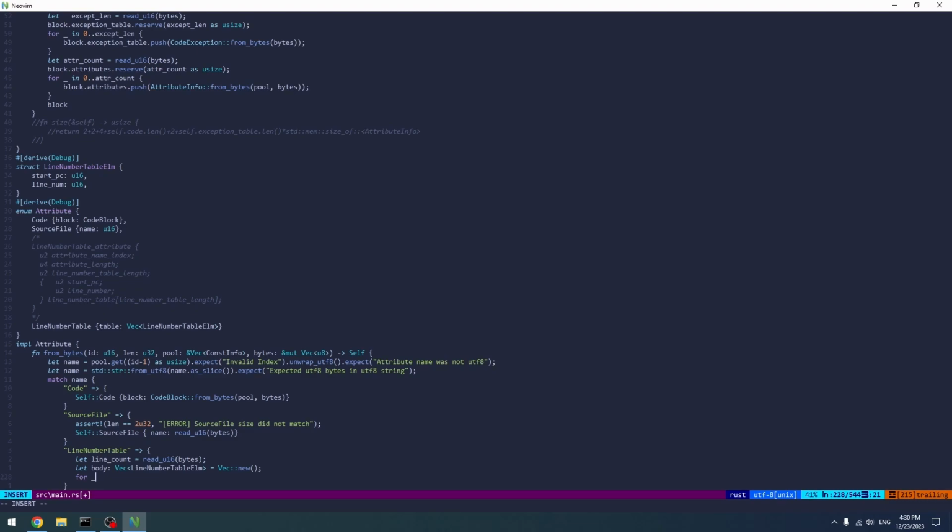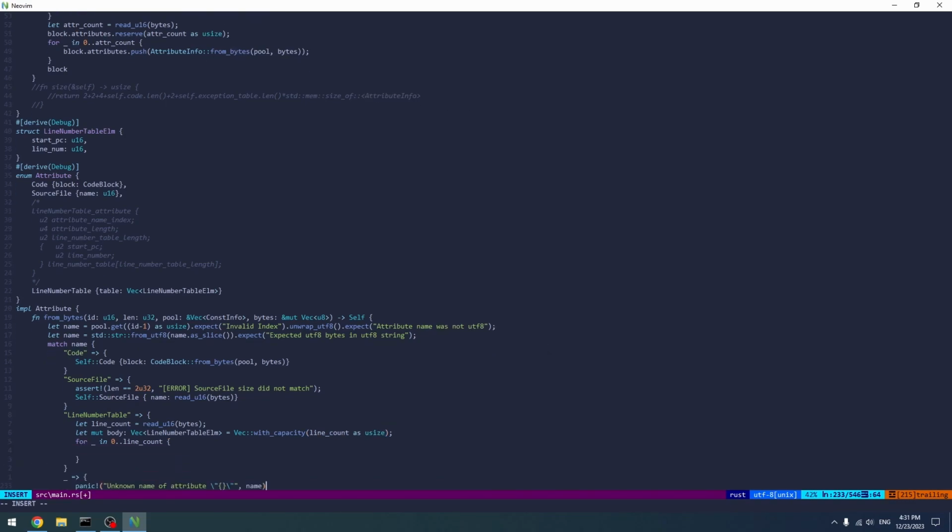And then for 0 to line count, we can kind of just read all the stuff and collect them into the body. So we do, we can now even do with capacity, line count as usize. So now that's a little bit more efficient, right? So then we do body push the line number table element, line number table element,